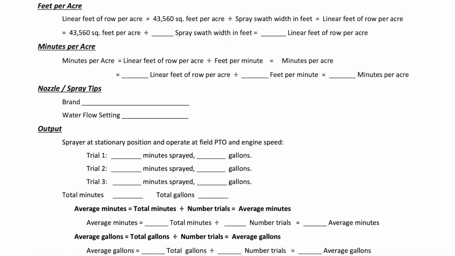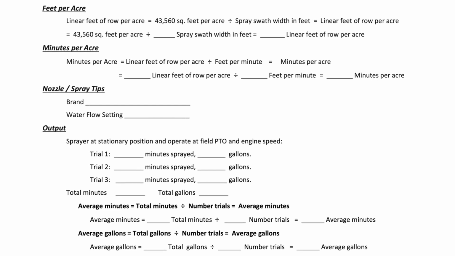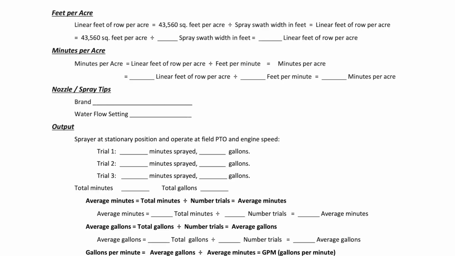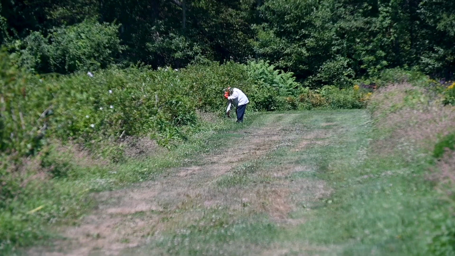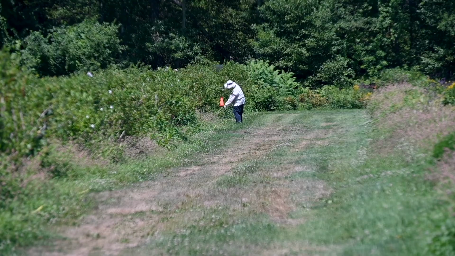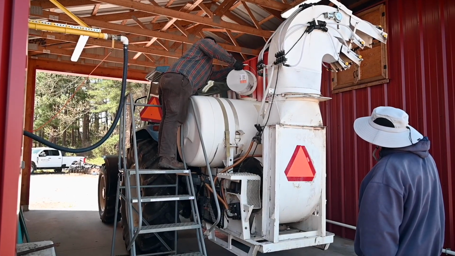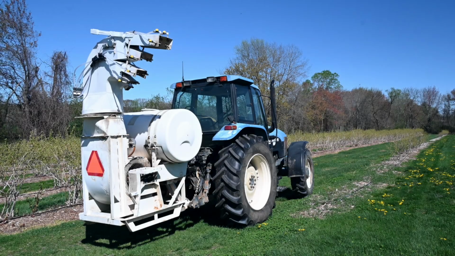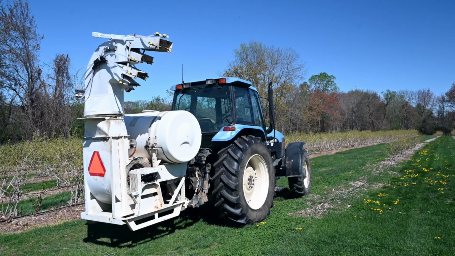These are also valuable records that can be used each season to track expenses, as well as the effectiveness of a given sprayer or application program. Like most calibration procedures, we'll measure a small sample in order to determine the total output over your entire farm acreage. First, let's take note of the equipment being calibrated.